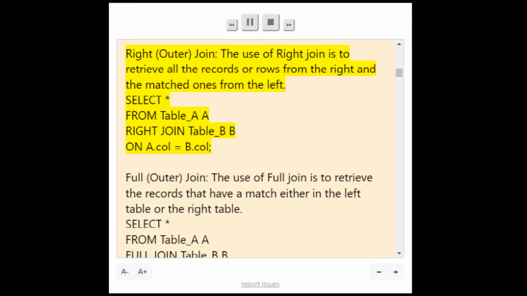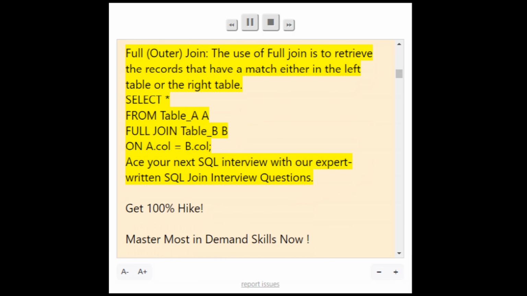ON A.col = B.col. Full outer join. The use of full join is to retrieve the records that have a match either in the left table or the right table. SELECT * FROM table_A FULL JOIN table_B